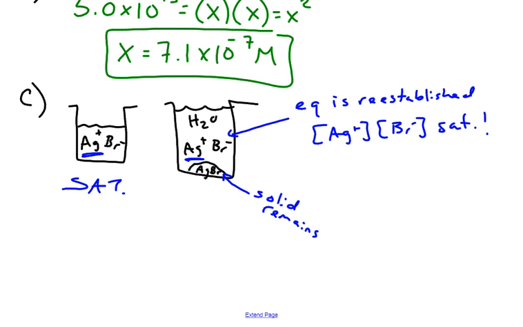If I didn't have the solid here, the concentration would have to be less. Why? Because I'm assuming it started with a certain amount, and then I added water. Well, it's a ratio. The volume went up, so moles over liters, the liters cause that to go down. The concentration will be less. Kool-Aid: you put a lot of water in it, it doesn't taste good, concentration's down. But because there's solid here, you maximize the amount that dissolved, and whatever was left can't. So it's the exact same amount, because Ksp, equilibrium, is always the maximum amount. So it should remain